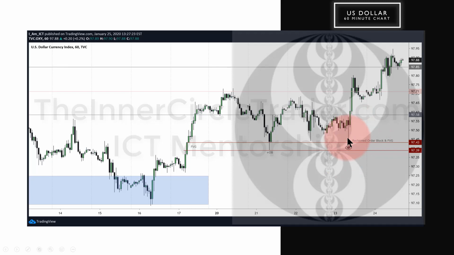But the reclaimed order block was outlined. This is the order block itself. It trades back down into it, touches the top of the fair value gap, and it explodes again. There's absolutely no reason why you could say, from a retail standpoint, why this low or this old high is the actual level, except in hindsight. The benefit of understanding how I teach institutional order flow is that once we have a context and a narrative, we know what levels should support.